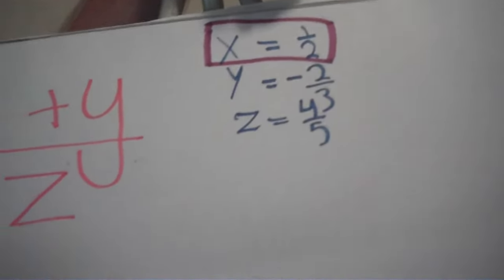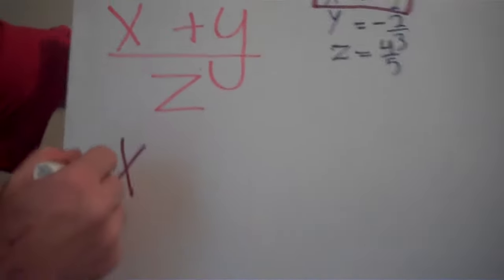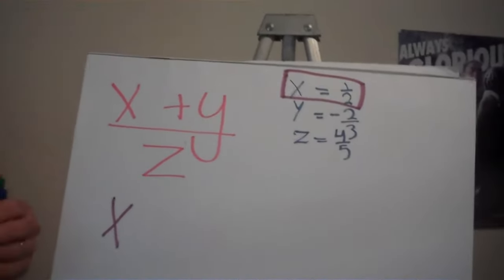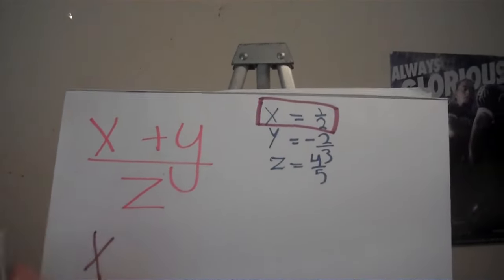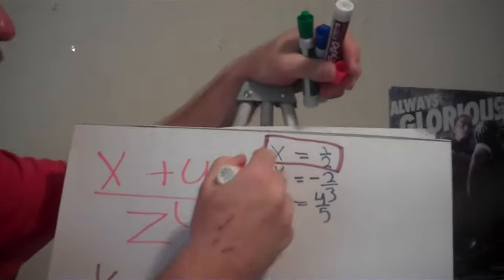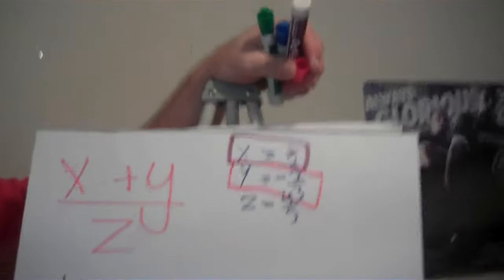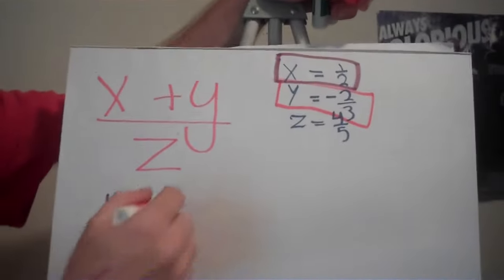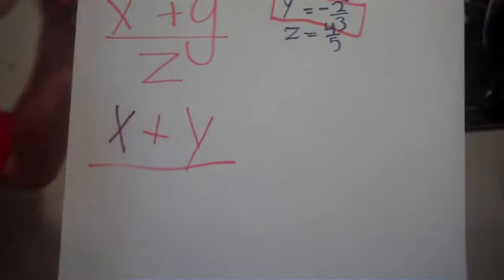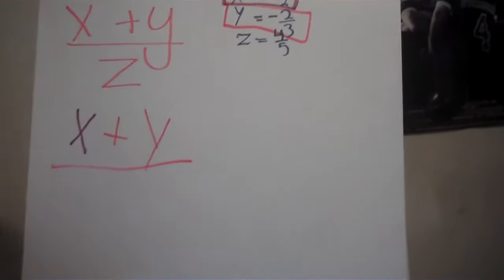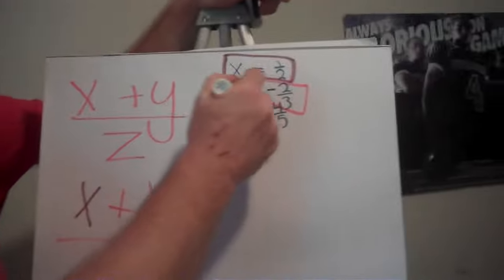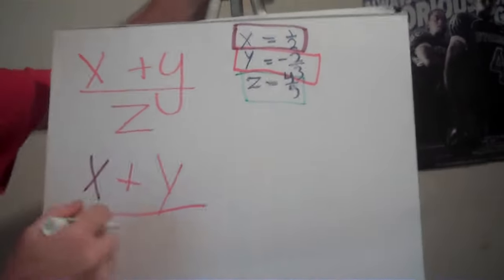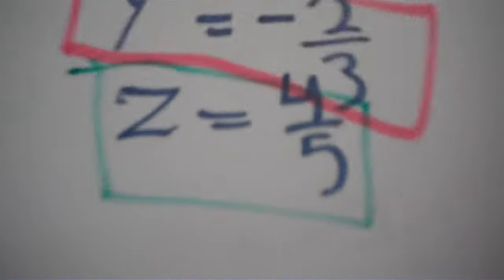each variable and let it be represented by a different color. And we'll let y be equal to red. And we'll let z be equal to green. And now,